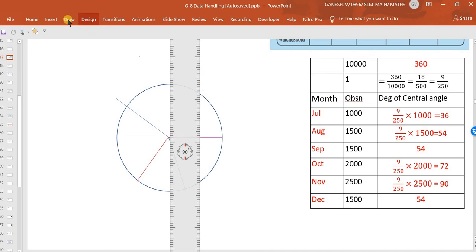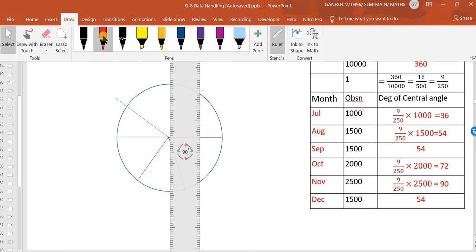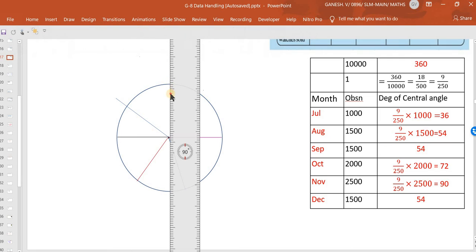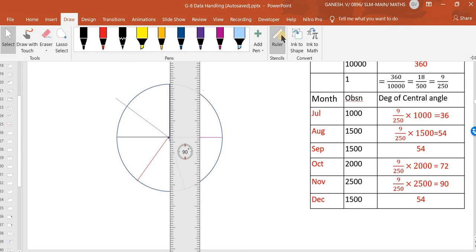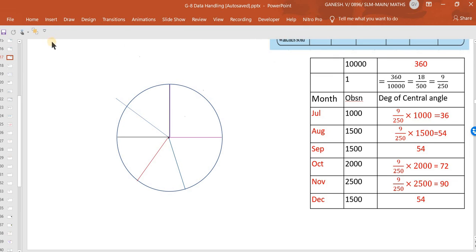Now I will have to draw the radius. I will take violet one. This violet one I am taking. I am drawing the final radius. The next one will automatically be 54 degree. So I have drawn all the sectors now. The last sector is automatically done.